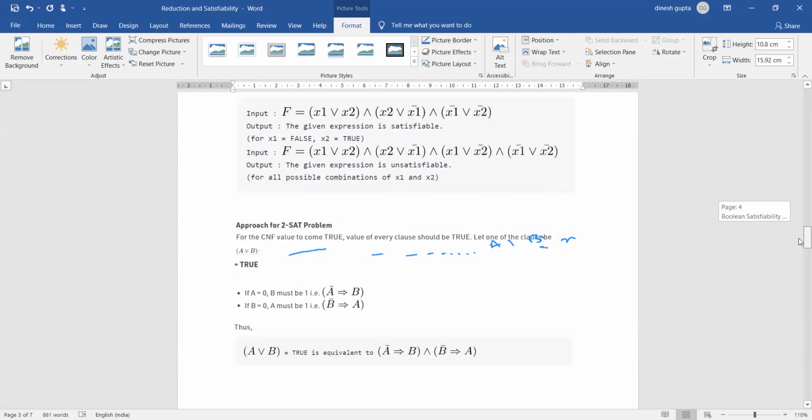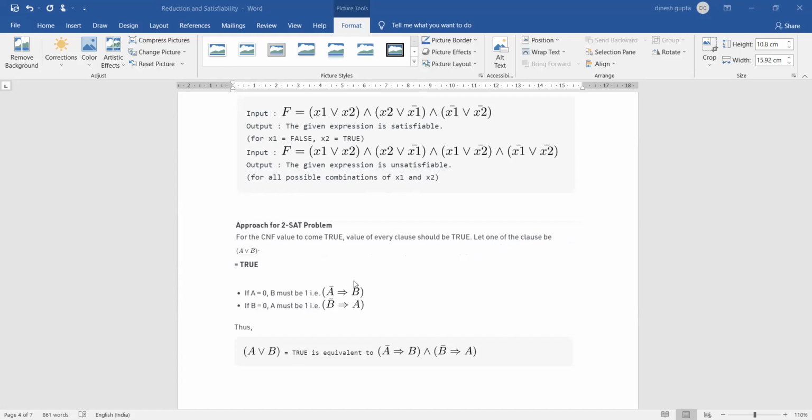So there is an example. Please have a look at this example. This is X1 or X2 and something like this. The output for the given expression is satisfiable. वो कह रहे हैं कि इसकी output satisfiable है और उन्होंने नीचे एक वैल्यू भी दी है कि अगर हम लोग ये वाली वैल्यू अप्लाई करेंगे तो हमें satisfiability का आंसर मिल जाएगा. नीचे एक और एग्जांपल दिया है. उन्होंने कहा है कि ये अनसेटिस्फाइबल है. ये आप खुद के लिए ट्राई कर सकते हैं. These notes will be shared with you. They are saying that there is no value of x1 and x2 for which this is going to return true.